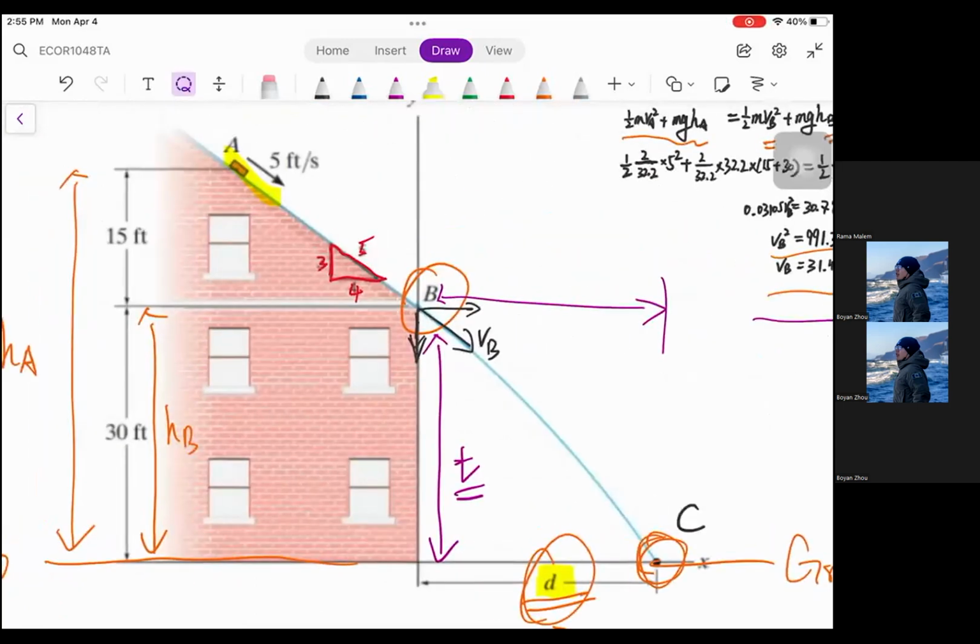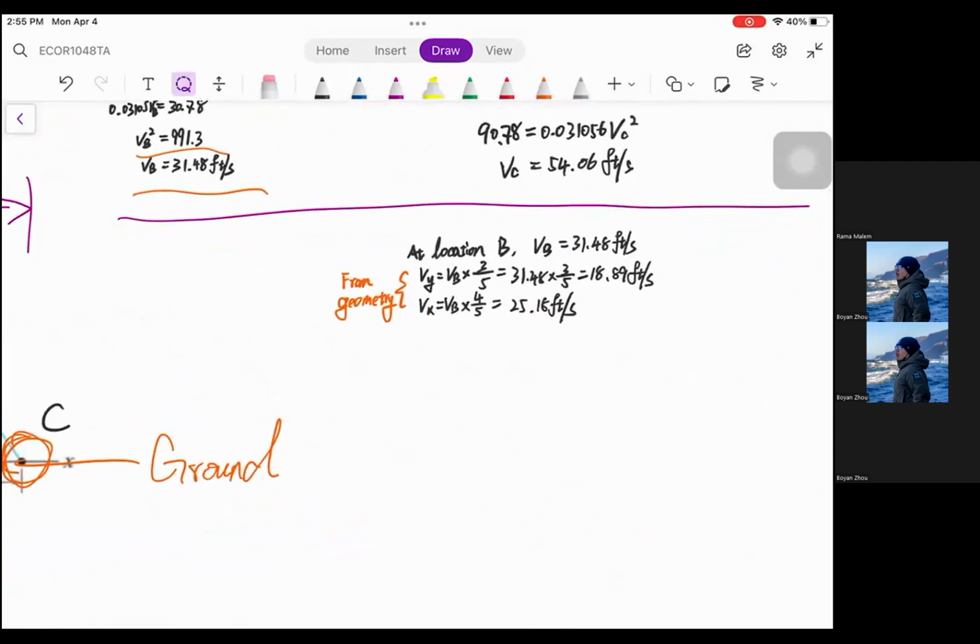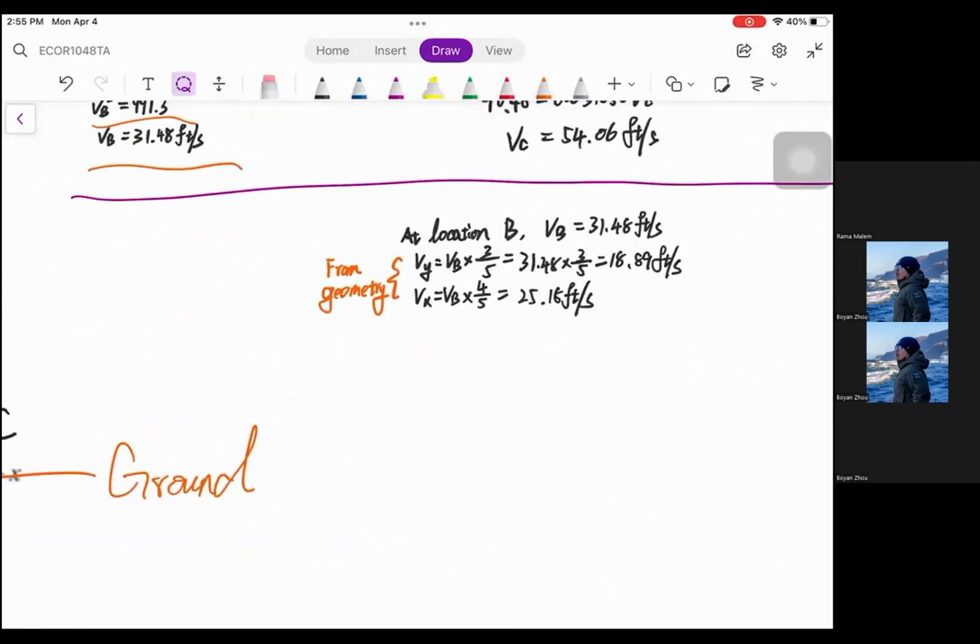So now we have the velocity in vertical and horizontal component. You can find out the time that the brake is actually flying, like it's dropping. So in the y direction, or in the vertical direction,